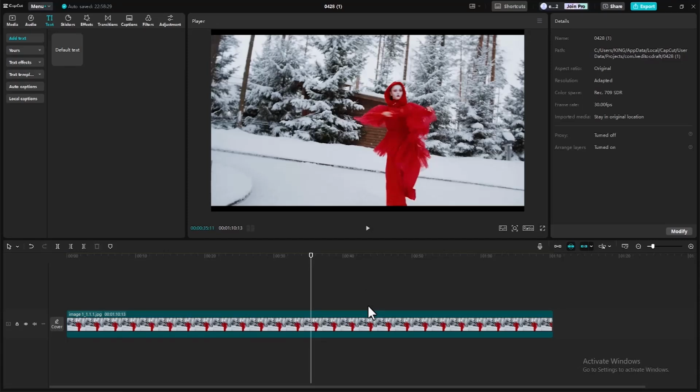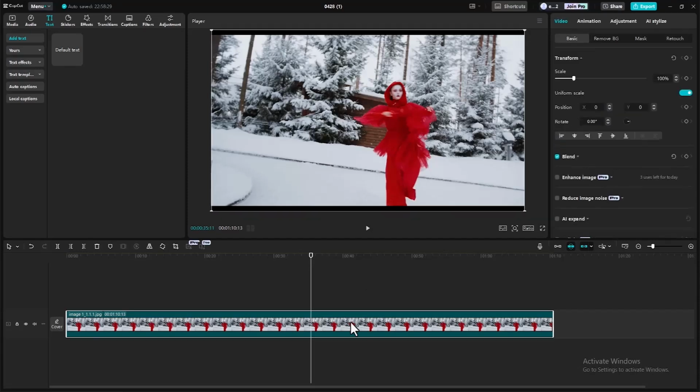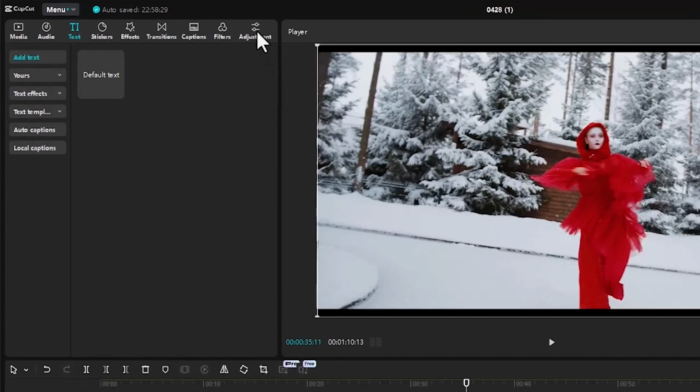In this tutorial, I'm going to show you how to import LUTs in CapCut PC. To begin, I've imported this file onto my timeline over here. To add LUTs, all you need to do is to come over to the adjustment tab over here and scroll